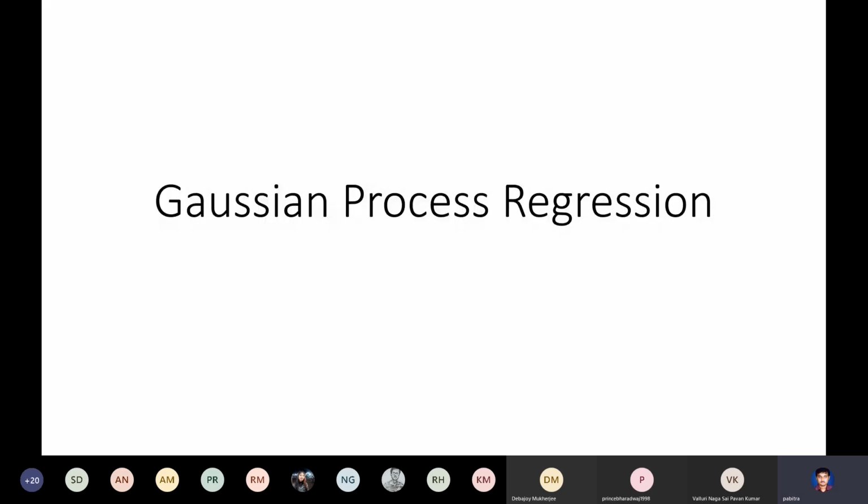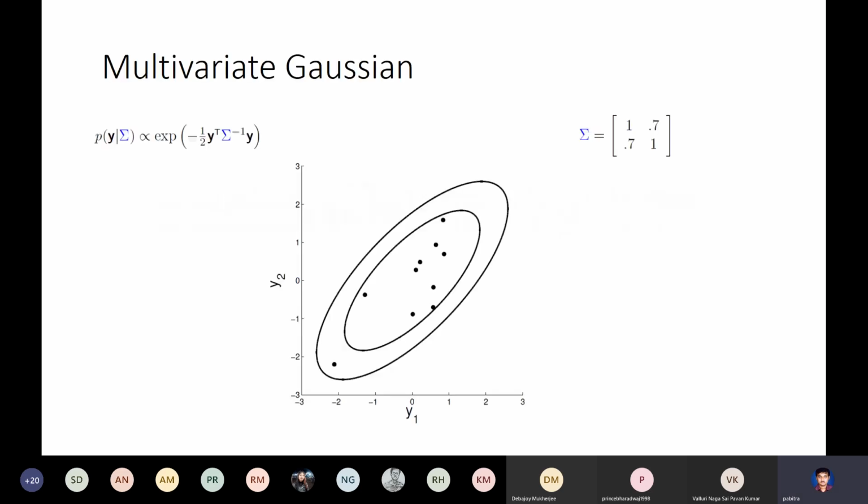Okay, so let us start. What I'll do is first explain a mathematical object known as a Gaussian process, and then see how you can use this Gaussian process to do nonlinear regression. And finally, maybe it will spill over to Wednesday's class. We'll see how I tune different parameters, how I choose different parameters of the Gaussian process.